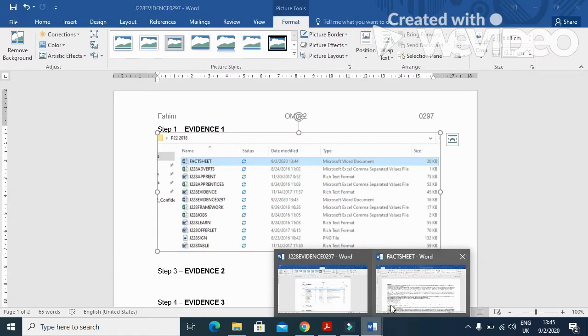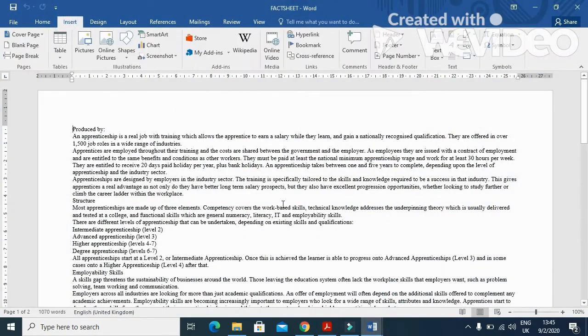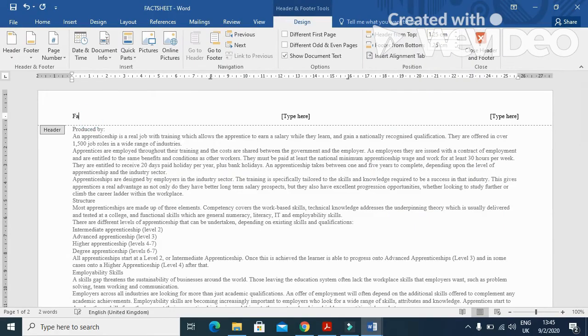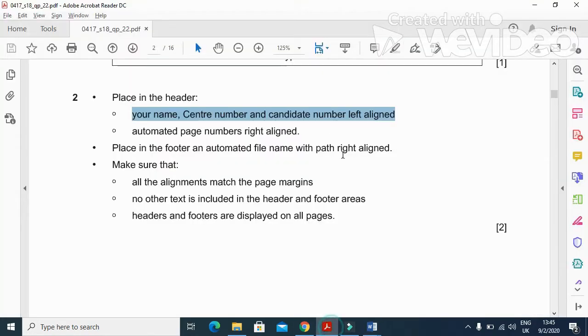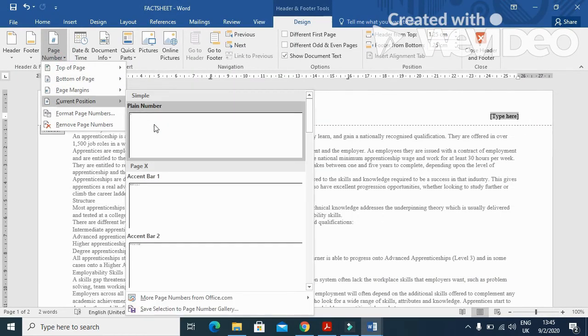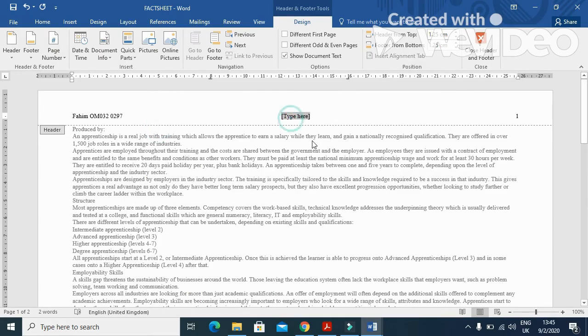Next step is that place in the header your name, center number and candidate number left align. So we will open our fact sheet here, insert a header. So here on the left side our name, then center number, candidate number, just accurate like that. And here at the right side they mention the page number. So click on page number, then go to the current position and click on number, remove the center one, close,